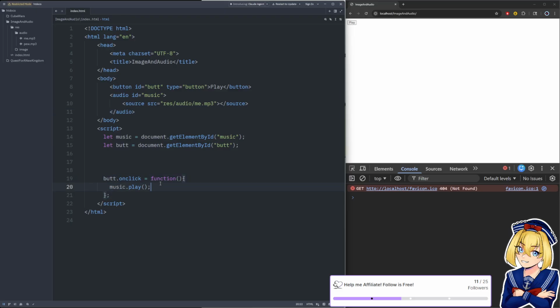Just know that if you have a main screen background music or something like that, the user will need to interact with the page in some way before you are allowed to play that music. So maybe have a game loaded, click a button to start or something like that in order to actually start your game. And then you will have interacted with the browser at that point, so then you could play the main music.